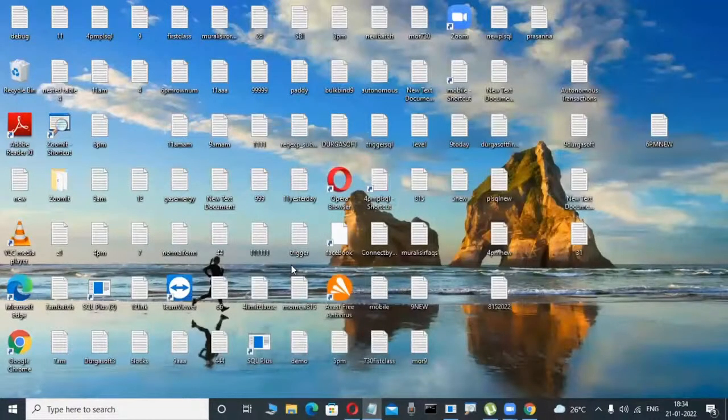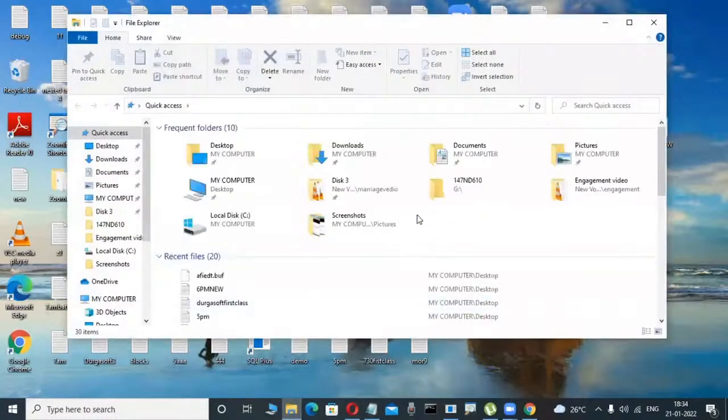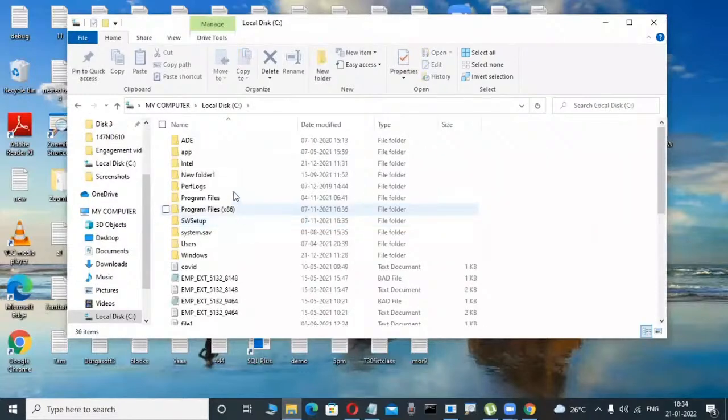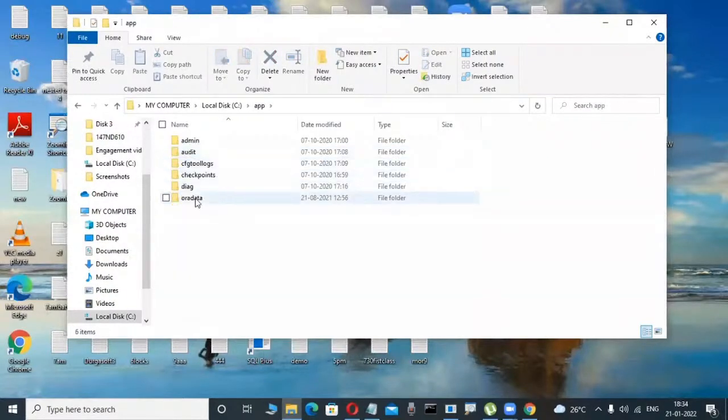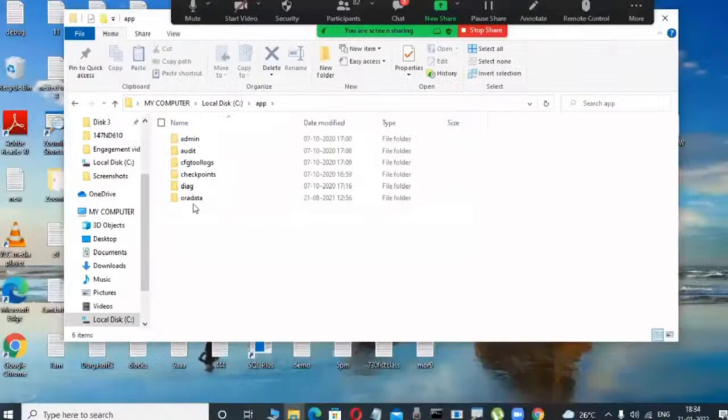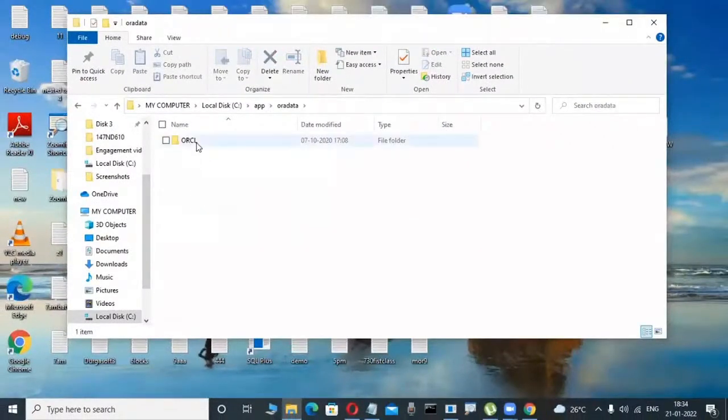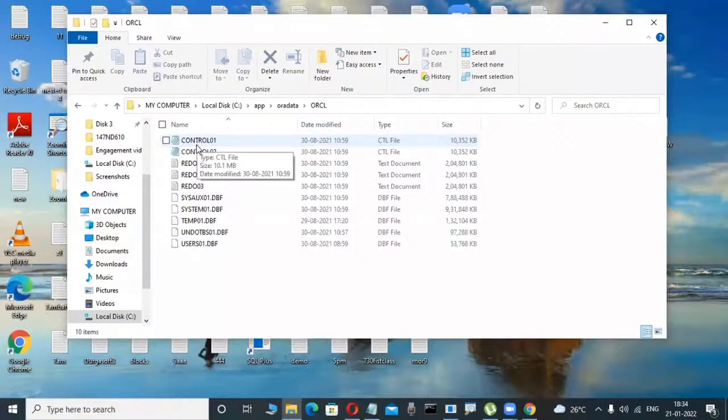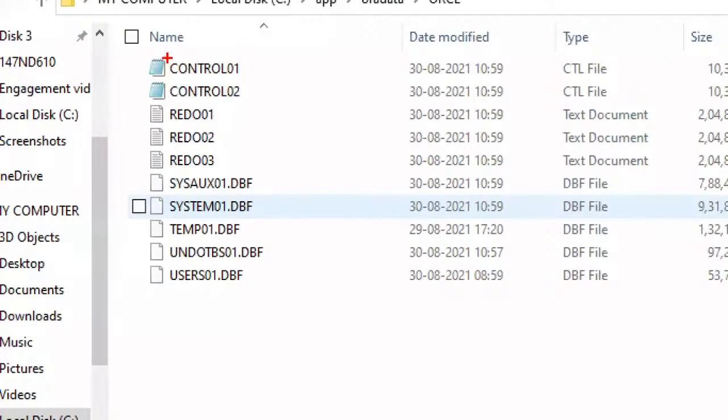Now I'm interested to view whether this table is created or not in my operating system. Suppose a Windows operating system is there, where Oracle is installed. In that location, I try to view, for example, in C colon, where Oracle is there. Those are all directories, don't worry, these are folders. Here Oracle, Oradata, ORCL, I'm observing only. In C colon, I'm installing my Oracle software. In this Oracle software, here, anywhere